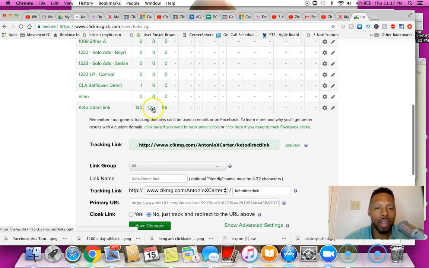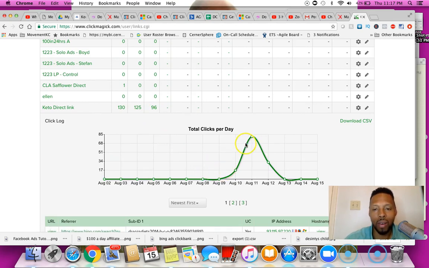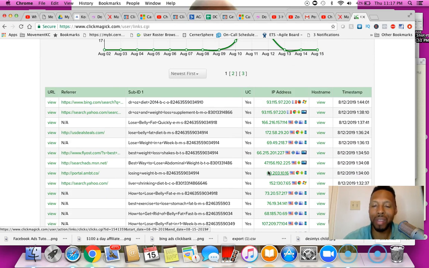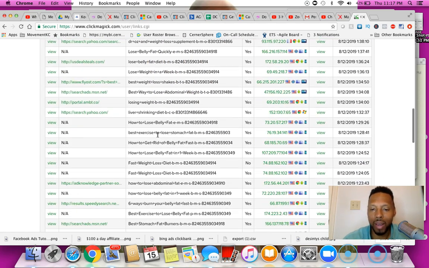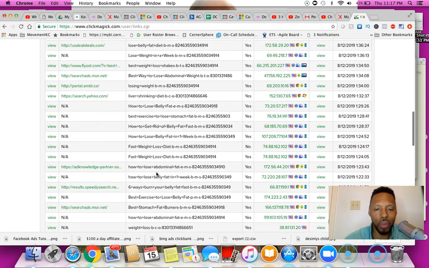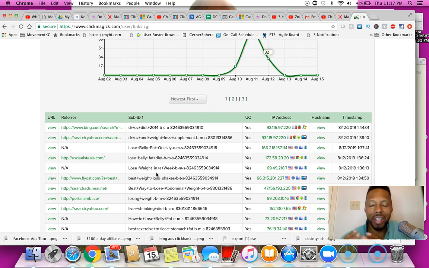Now, once I click 125 as the amount of clicks, I get to see all of my clicks here in this graph, and the power of click magic when you do it correctly the way that I teach you. Look at all this information that I got, guys. Oh my God, this is so huge. Why is this huge? Because I can see what words are being used. What words are bringing me the clicks?